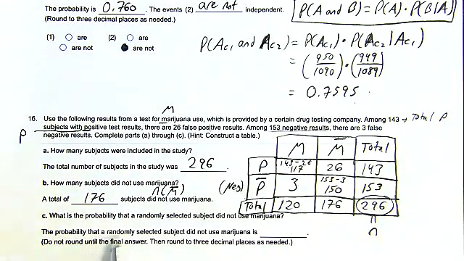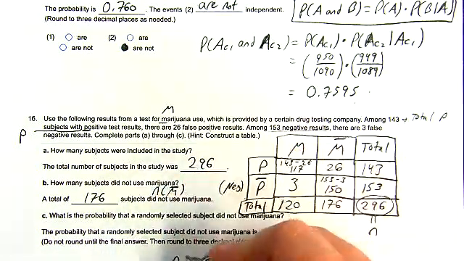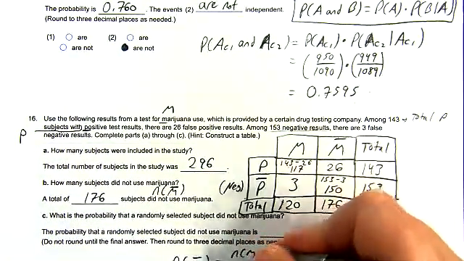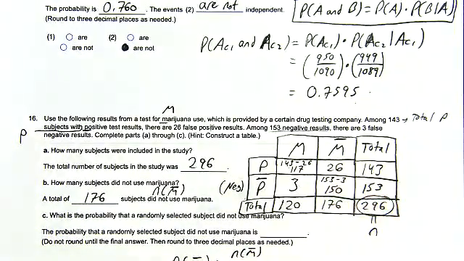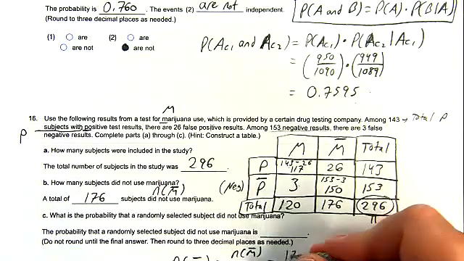What is the probability that a randomly selected subject did not use marijuana? So notice the difference here. This is the number in M complement. Now they're asking for the probability of M complement. Well, that's just the number in M complement divided by the total, or it's the two numbers we just found,